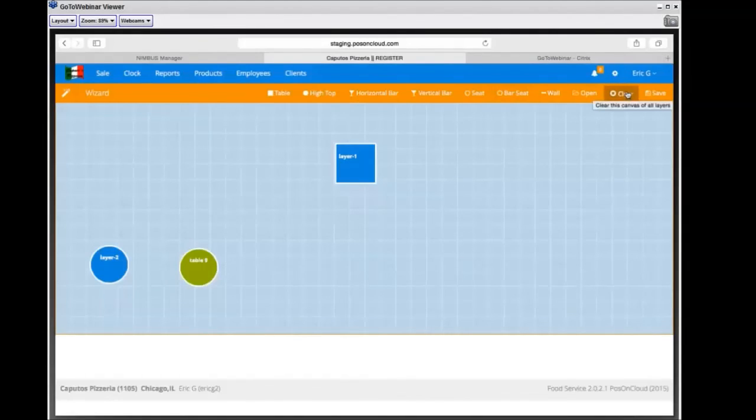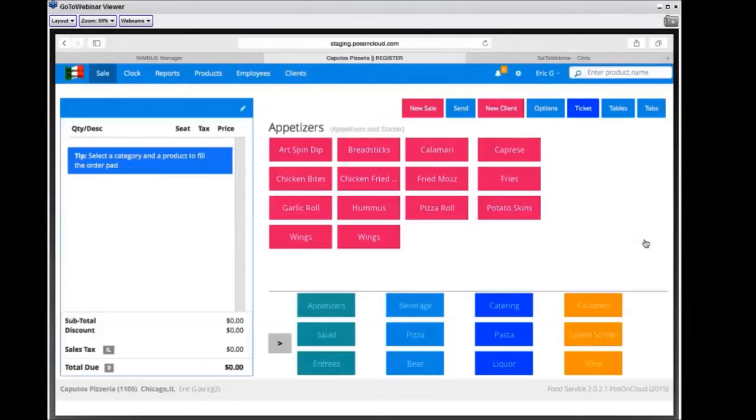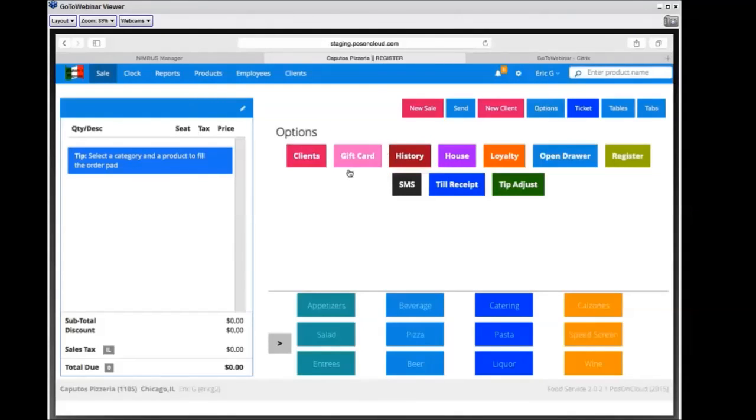Do we have any questions that anybody would like to go over? Any other features you'd like to see more on? One question in regard to the gift card program. I don't think we've covered that at all, and so maybe if you can speak to how that works with the system. Sure. I don't have the card reader here, so I can't walk you through the whole process, but